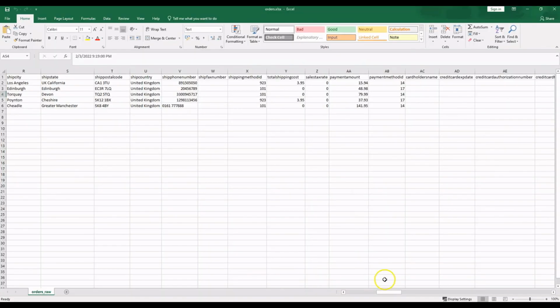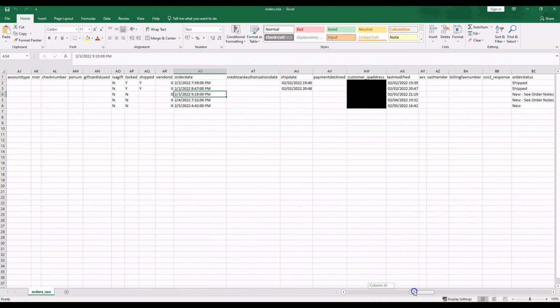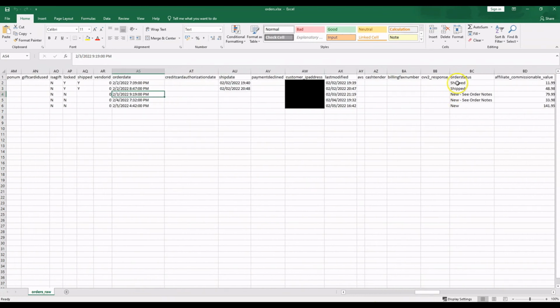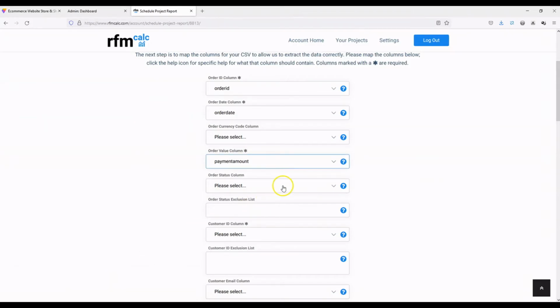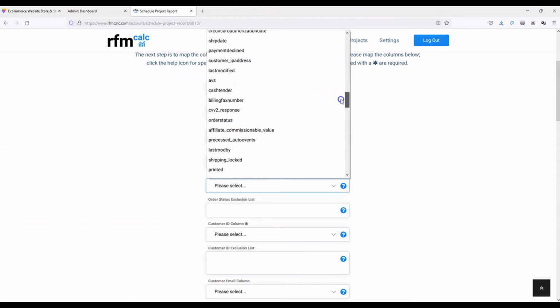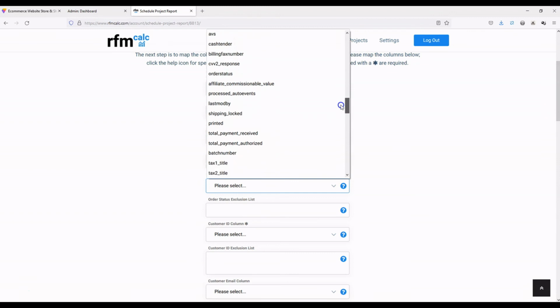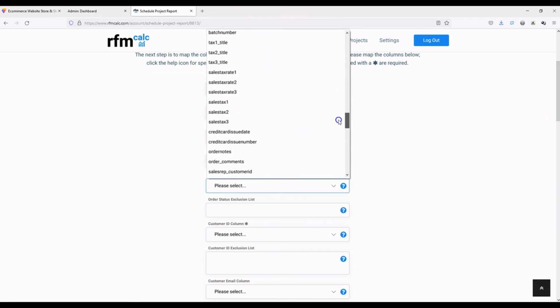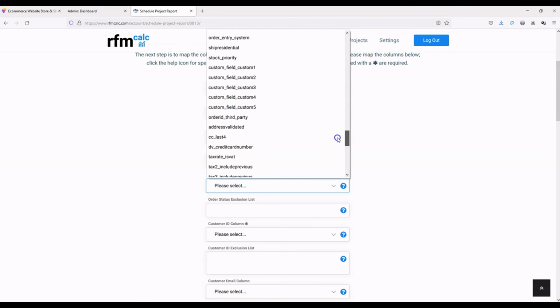Order status isn't needed for the generation of the reports. There is a column down here called order status, which I'll select anyway. All that means is that when you upload your orders, you can filter out particular statuses. So if there's a status that you don't want to include in the report, for example, cancelled orders, you can